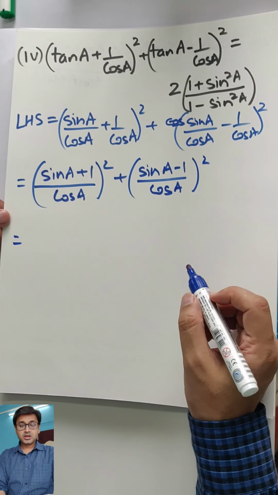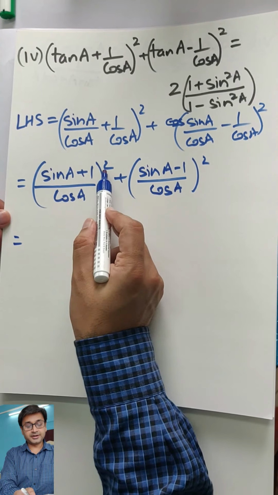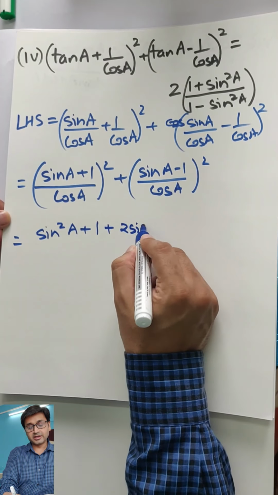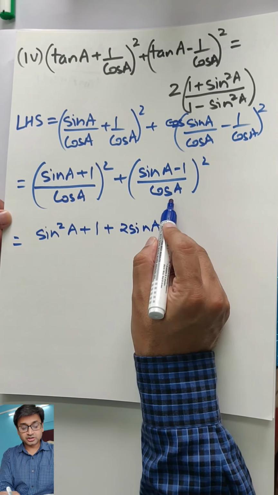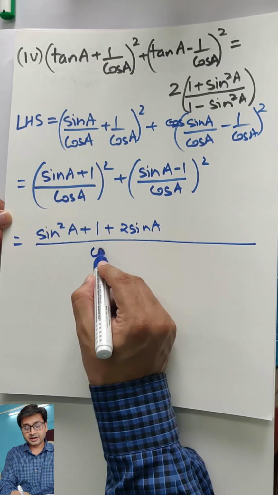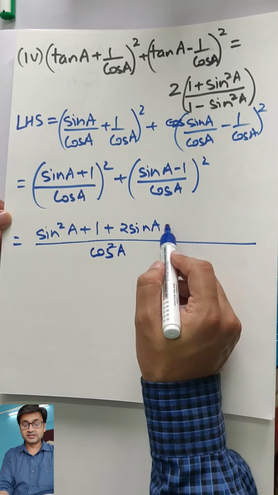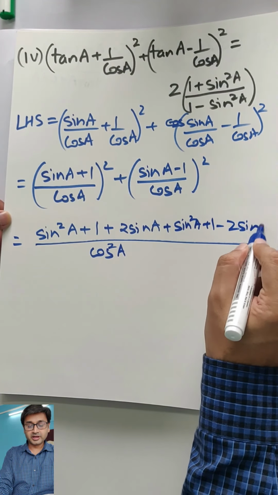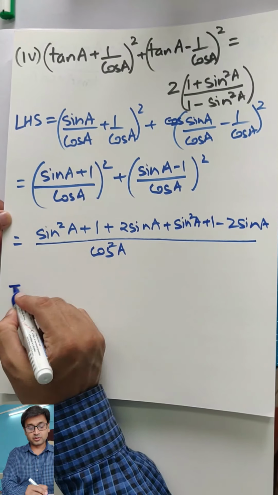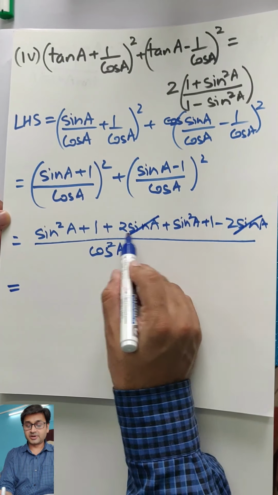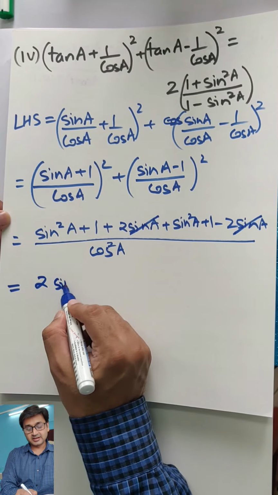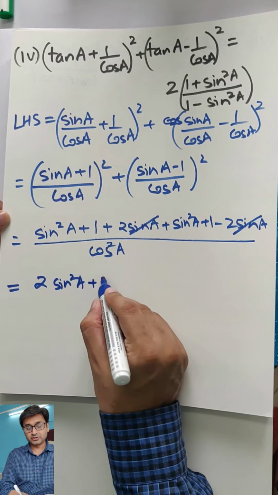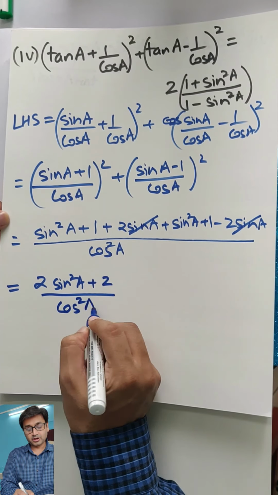What to do now? So you can take this and expand it. So I'll get a square plus b square plus 2ab. Denominators both are cos square, so I can skip a step and right now only I can write cos square and write this here only. So again a square plus b square minus 2ab. So I have merged both of them in this step only. So I will get 2 sin A, plus minus cancel, 2 times sin square A plus 2. So I am pulling out 2 common. Okay, that is too much for you, so let's write plus 2 upon cos square A.